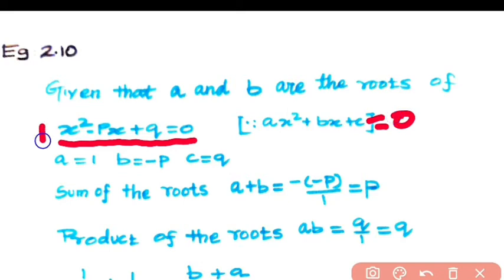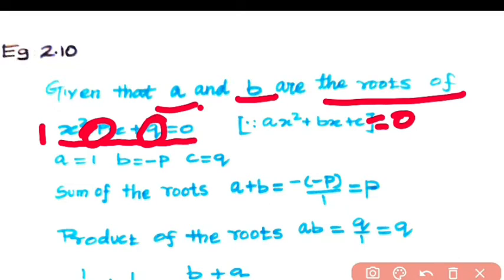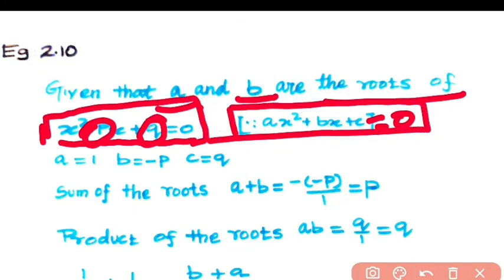Then the a value is 1, the b value is minus p, and the c value is q. So a and b are the two roots of the equation. First